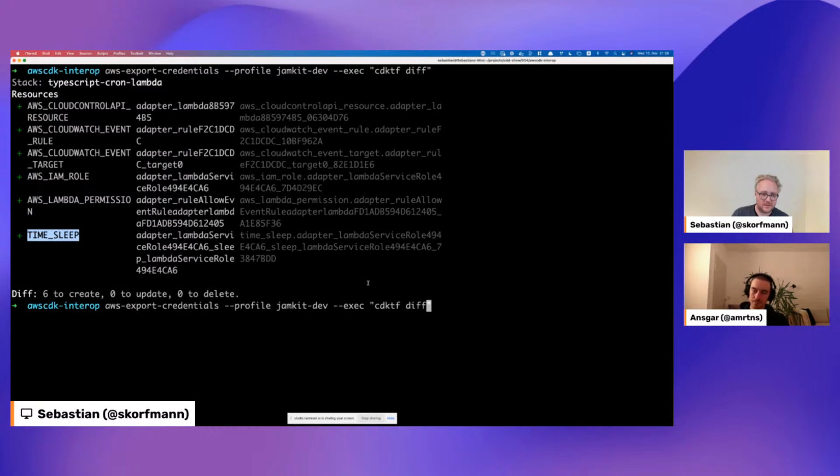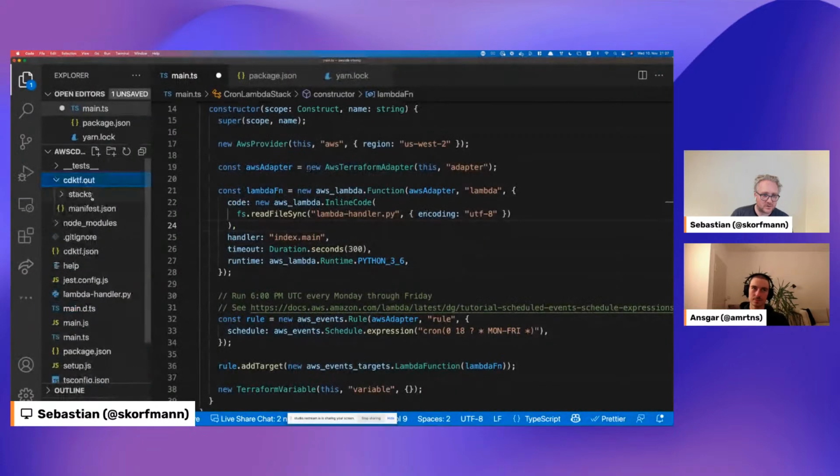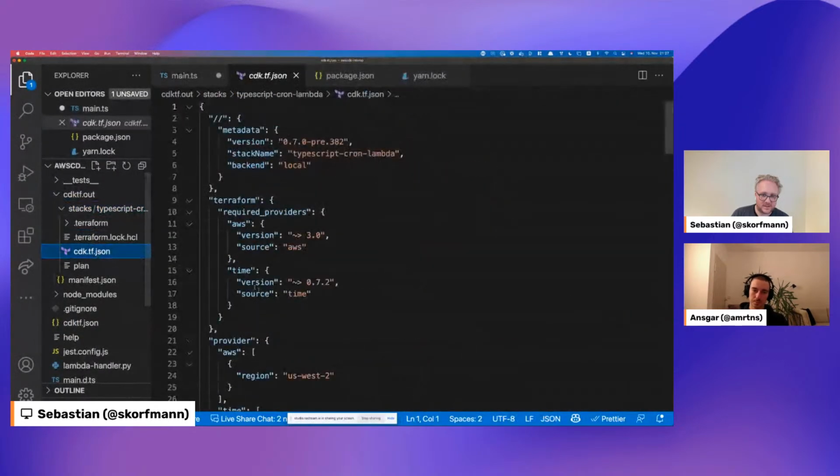Yeah. Okay, that makes a lot of sense. So when we look at the synthesized output of the stack, we see exactly what you just told us about. It is a time provider which is responsible for the delay,